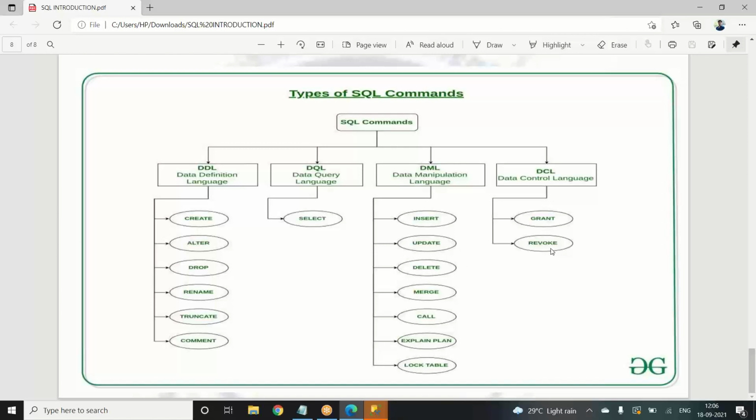So as a business analysis person, we mostly use just the data query language. Data query means whatever data is already present, we just bring it to the screen. So let's say that you want to view only the customer's details. Then you can use the select command to view them. Whatever data is already stored in the database, to view that we use a select command.